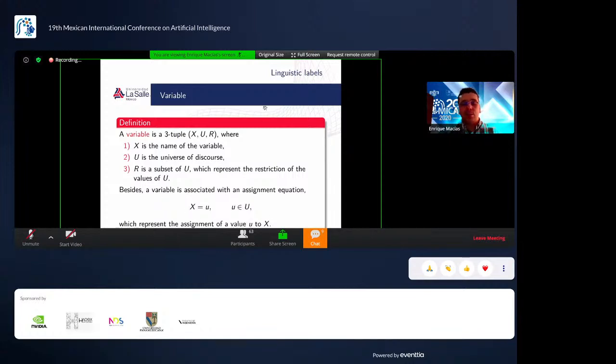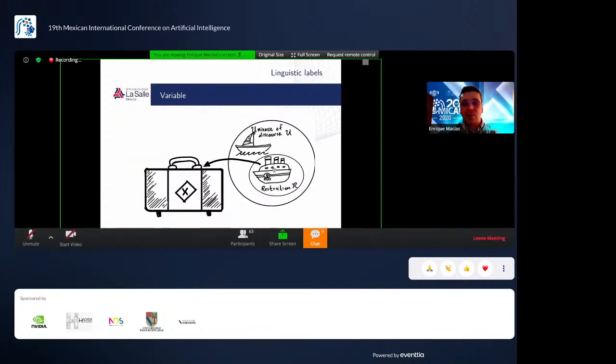You have put the value u in the variable x, like you put the toy inside the suitcase. Okay, and in a similar way as in the operations of sets,